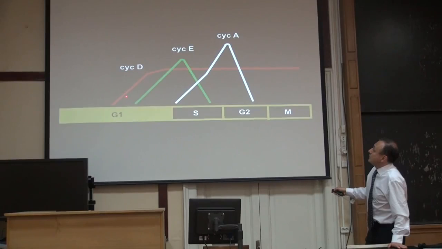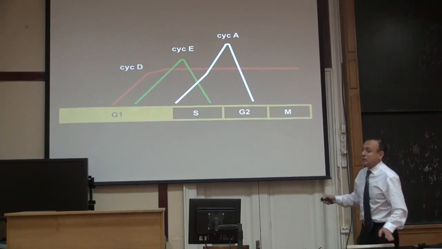And lastly, we discussed that the D-type cyclins are induced by mitogens, followed by induction of